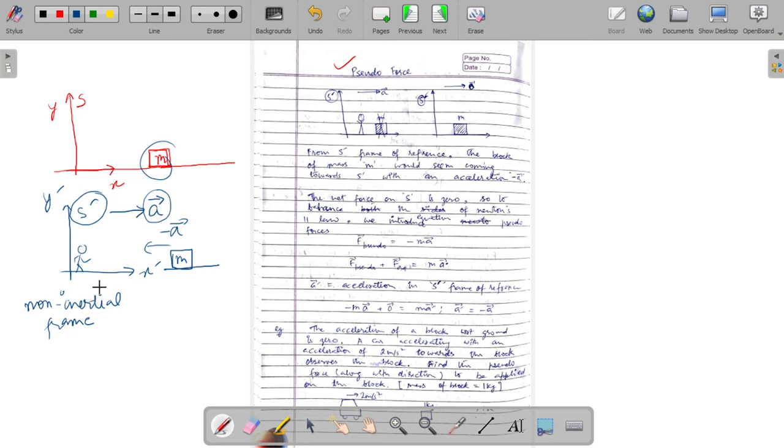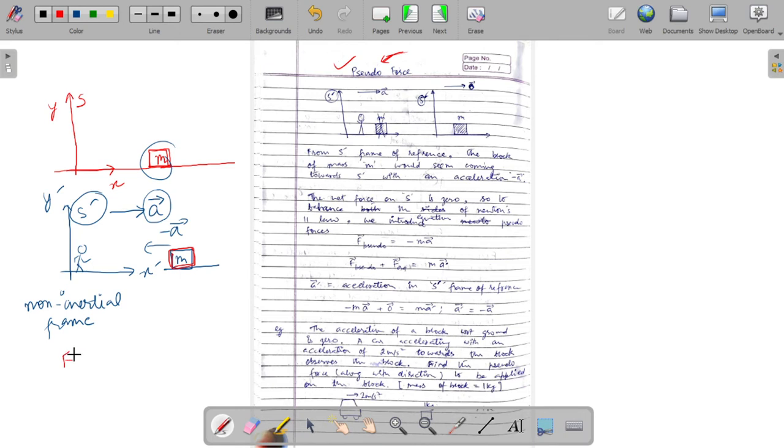So what we do is that we introduce the concept of pseudo force. Pseudo force is an imaginary force. Like you would be seeing that there is no net force acting on mass m, right? But still the mass m is accelerating towards this man with an acceleration minus a. So what we say is that whenever we are sitting in a non-inertial frame of reference which is having some acceleration a,